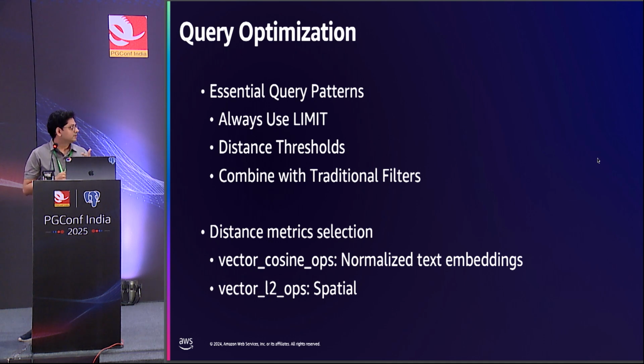Another thing we can do is choose among the various distance operators provided. For example, Euclidean distance is the distance between two vectors. So if you are building a geometric application where distance matters more, you can use Euclidean. If you are building an application where you do not need exact distance but direction, for example a movie recommendation,